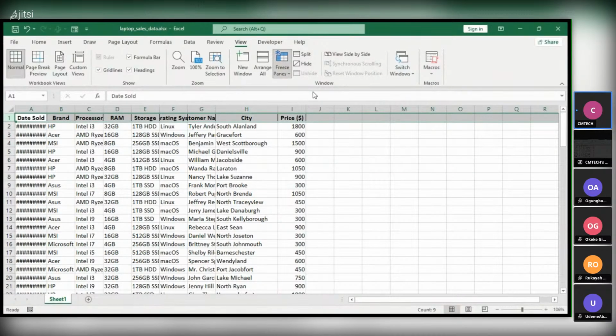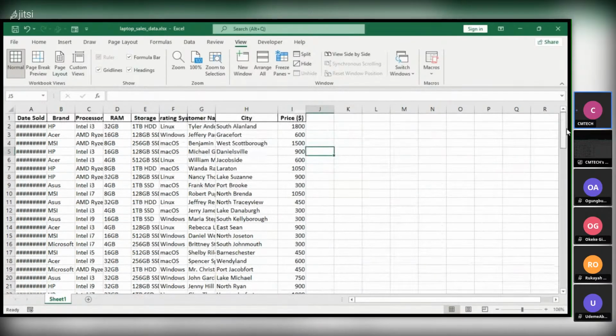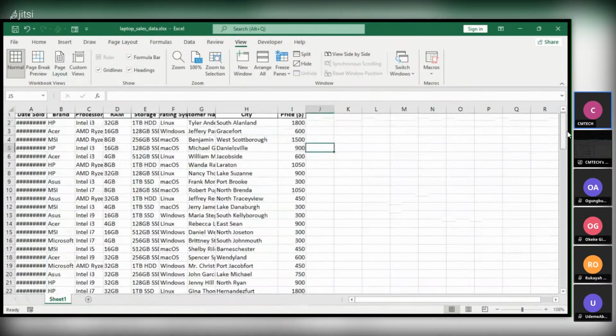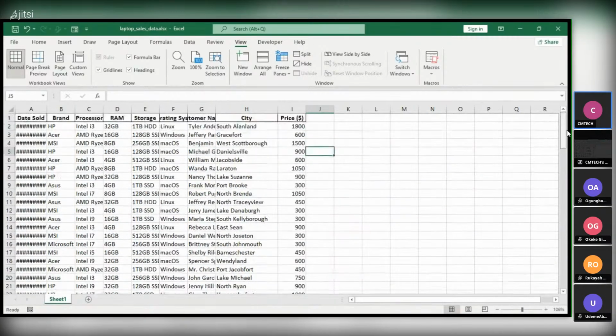So I want to unfreeze it again and take you through the journey. Look at this. This was not the way the data set was before. So I unfreeze it. Now for us to freeze this panel, we have to highlight the header or the row you want to freeze. For example, I want to freeze the header, the title of every column. So I will select it and come to